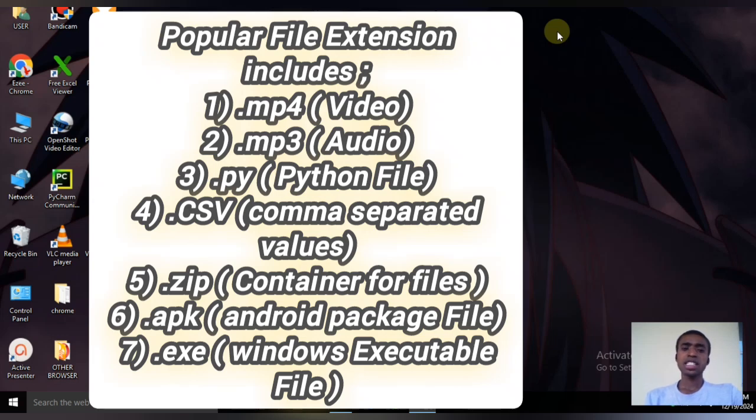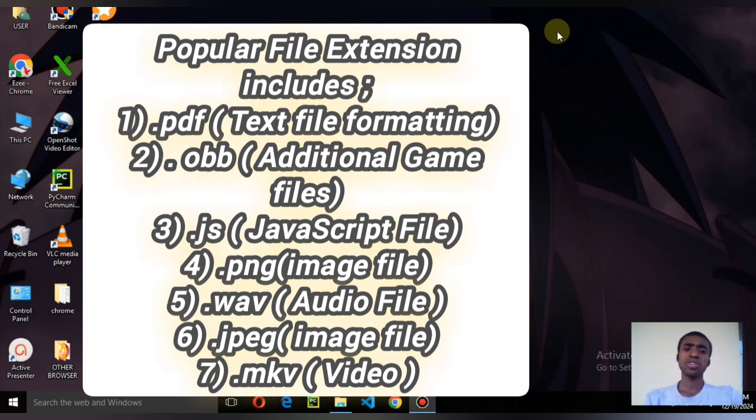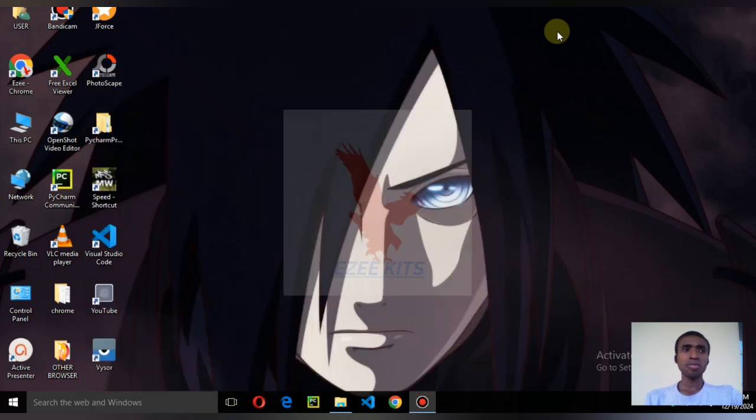So why is file extension important? One of the reasons why file extension is important is that it helps us identify what category a file type falls into. Extensions help you to know if a document is a video, image, or a program. Let's say, for example, we have an image file. For you to know that this is an image, look at the extension.